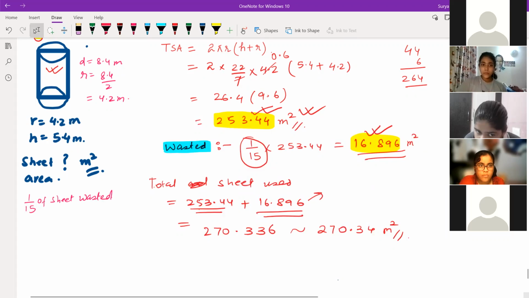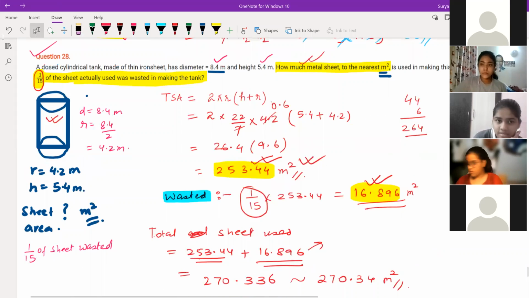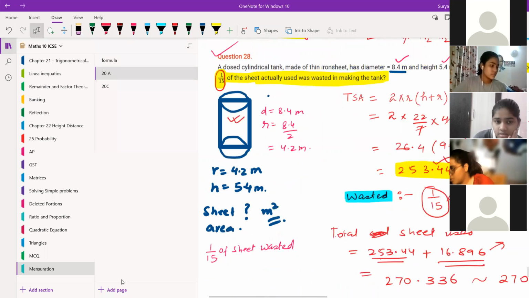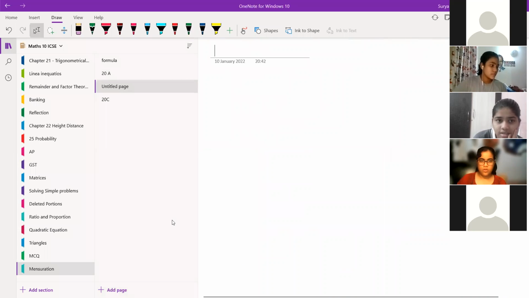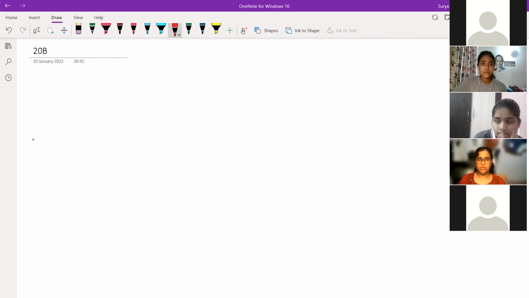Okay. So next question is, next we are going to do based on the cone. Okay, children, we are going to do this cylinder part, we have done so many questions. Now we are going to do questions based on the cone. Cone, all of you know. First, I'll tell you the formula, then we move ahead. So I'm writing here the cone formula we are going to do now.